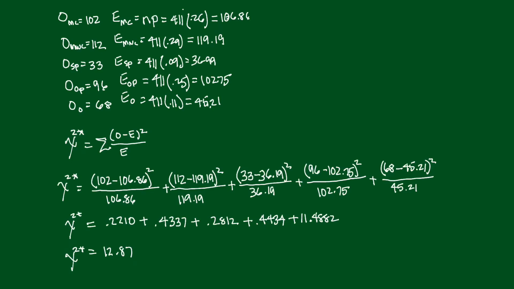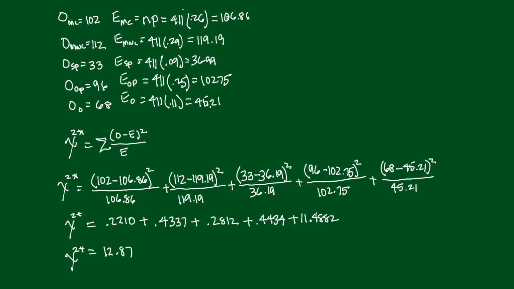Now I'm going to compute the value of my test statistic, chi-square, and I always put a little star on it to remind myself that this is a computed value, not one I found in a table. So chi-square star, here's my formula. I'm going to add up a bunch of these: O minus E, squared, over E. So here's the first one: 102 minus 106.86, squared, divided by the E, 106.86, plus